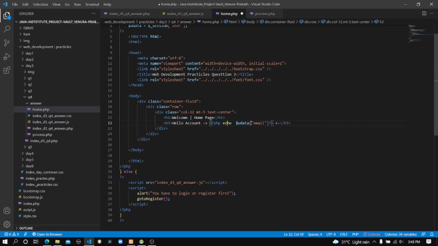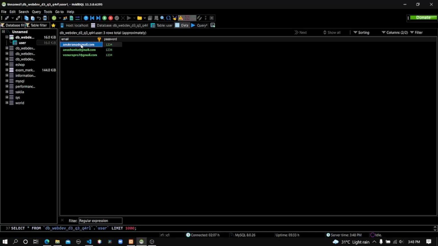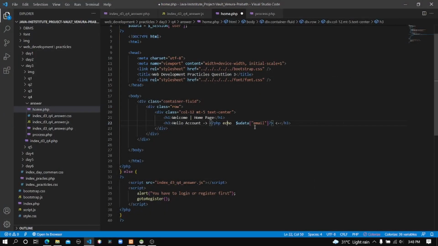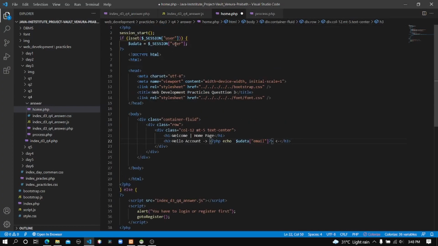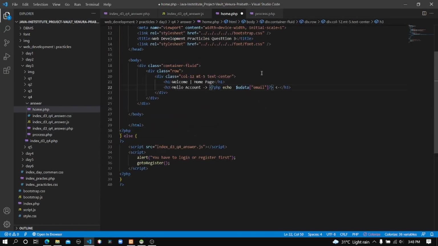Udata email means when someone logged in, sorry, when we store the result set in the process.php file, it will store these two details, email and password, inside the associative array called user, and in this part I access only that email, and I command it to print that email.